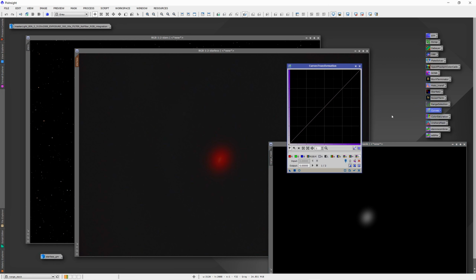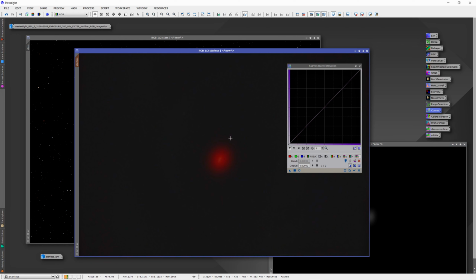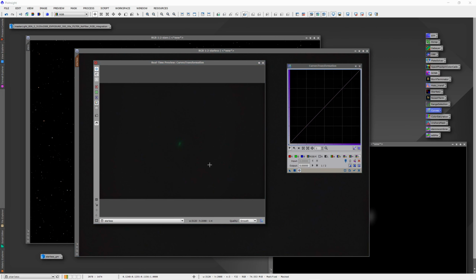Now just go to curves again, click the image you want to process, open the preview, and now you can, for example, if you have some problems with red, I don't know if you can even see this on YouTube, but yeah, let's say we have a red problem here, you just can decrease this, and now only the background is affected. Don't overdo this, just a little bit, click apply,